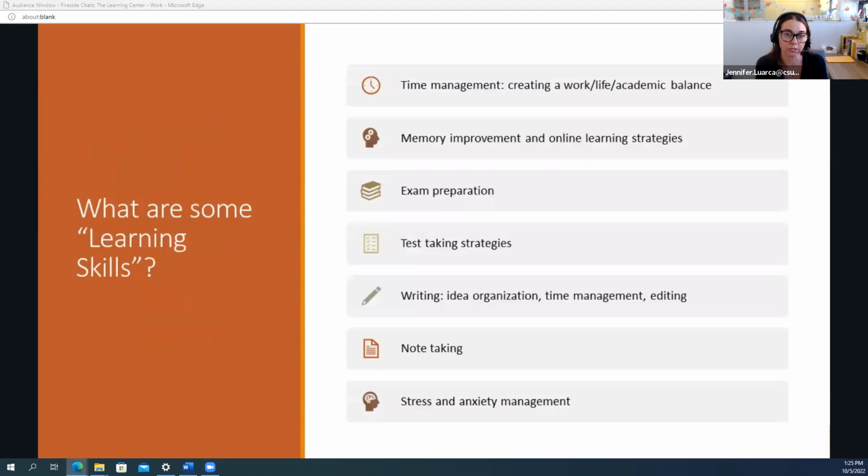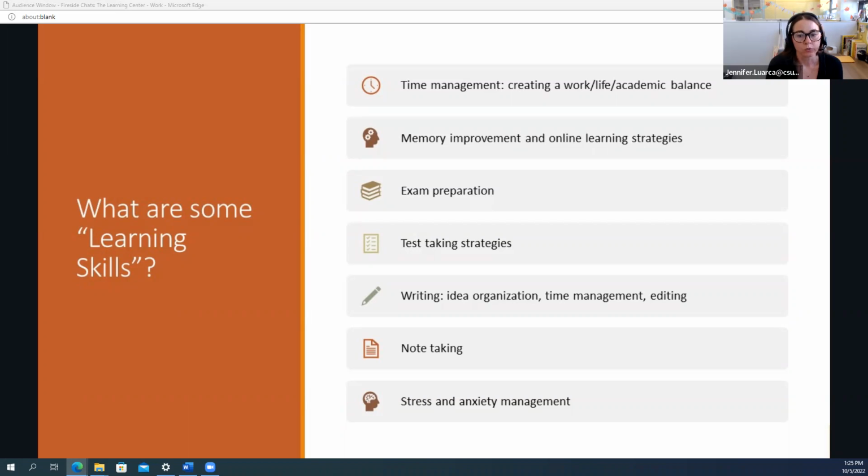Okay. And I think I have a list of them on the next slide. So some of the learning skills we work with students on are time management. We're really focused there on creating balance with the student. Then we can talk about memory and online learning, but also just memory improvement in general. Exam preparation, if students are struggling with a specific style of exam, we can help. Test taking strategies, there it's a little different than prep, right? Exam prep's going to look at study tools and how to prepare for the exam. Test taking is going to focus a little more on time management during the test, what to do if you blank out, how to kind of move through an exam efficiently.